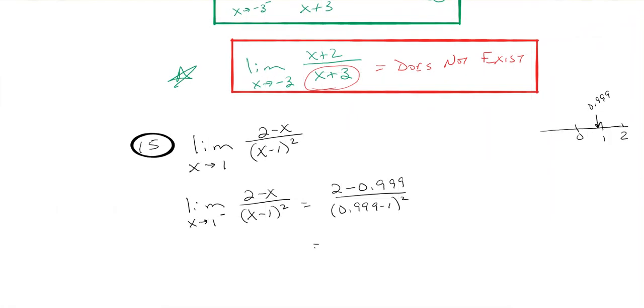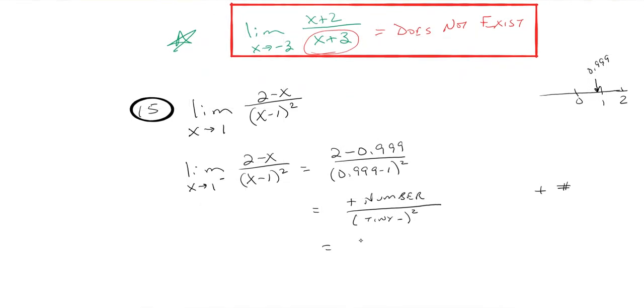All right. So in the top, I have a positive number. That's all you really need to tell me. And I'm perfectly fine if you just write, there's a positive number in the top. So I have some positive number in the top. And in the bottom, 0.999 minus 1 is a tiny negative number, and then I'm going to square it. So I still have a positive number on top. But a tiny negative squared, well, a negative squared is going to be positive, correct? So now you have an even tinier